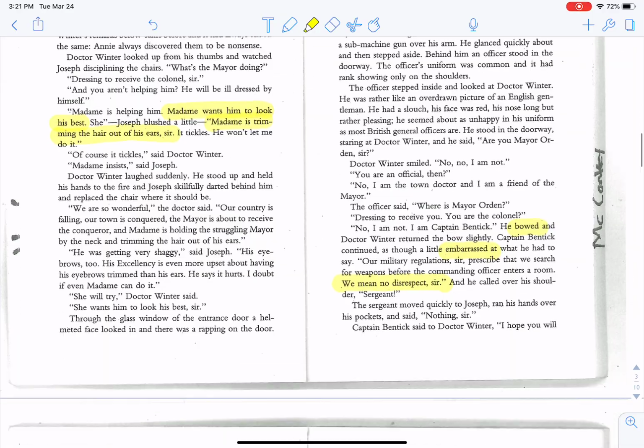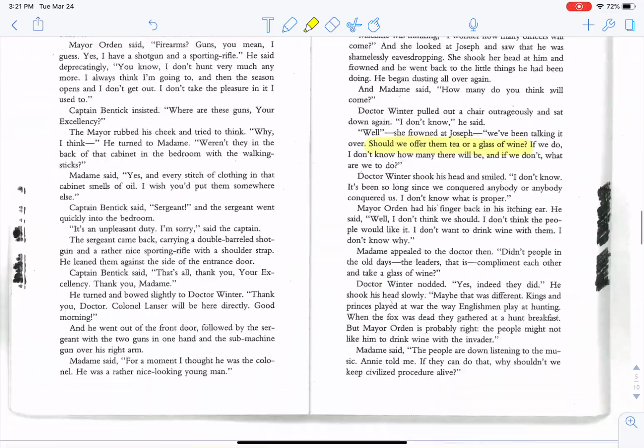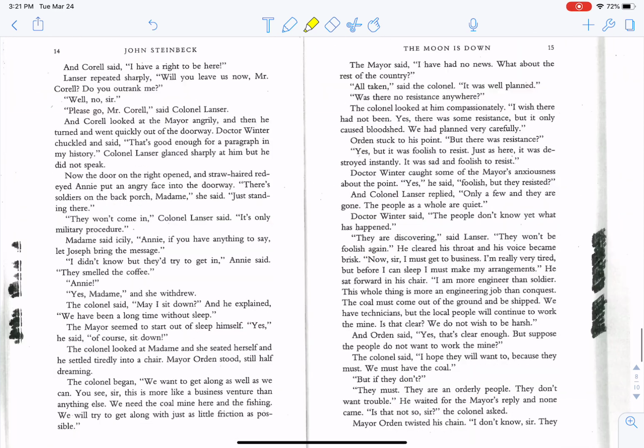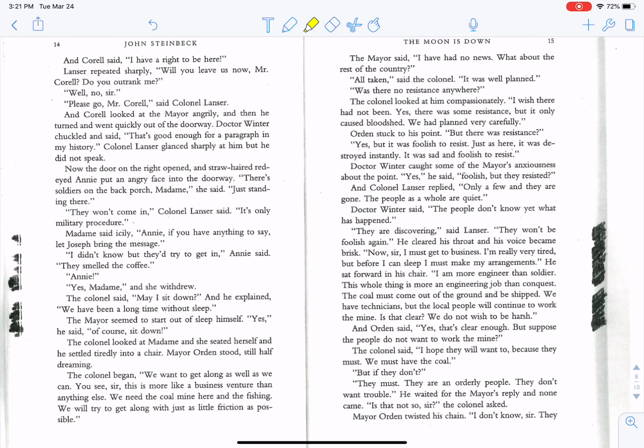He's not the only respectful one, though. Colonel Lancer, who is in charge of this invasion, who's in charge of these soldiers, he himself is very respectful and compassionate. In fact, after he's been talking to the mayor for a few moments at the top of page 15, he looks at him compassionately when he talks about the bloodshed that occurred earlier in the day, the loss of these 6 soldiers' lives. He has compassion. He feels bad about it. He apologizes almost for killing these soldiers. Again, this is a strange and very different way that we might think of an invasion.